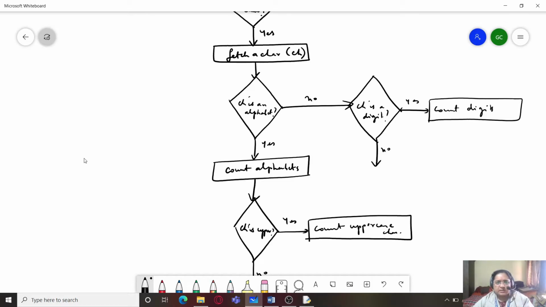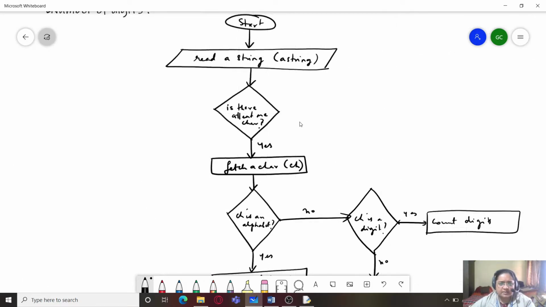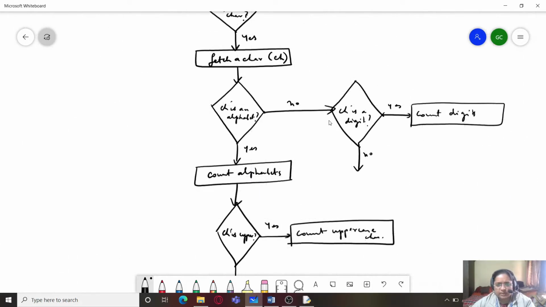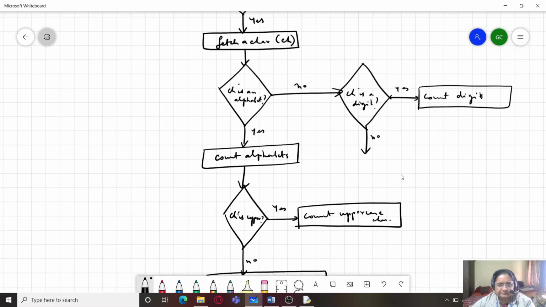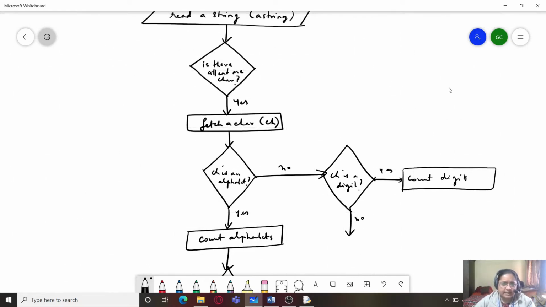We'll be just moving to the next part. So let us see where our next part falls. Already we are checking for each character, so we will be just moving to the next part from here. That is, let us take an exit point from this side, that is no.